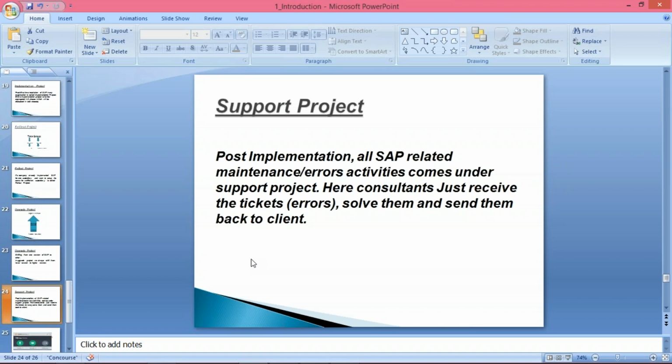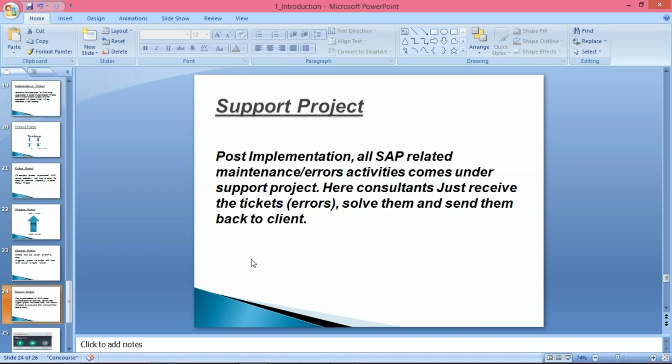These people are totally dedicated to Tata Motors itself. They'll be sitting at a central location, let's suppose in the Wipro office in Hyderabad, Mumbai, Bangalore, anywhere, and from there they are going to give the support. If Tata Motors has any issues or errors, their employees are going to take a screenshot of these things and send a mail to the respective consultant. Then they will have mutual coordination, and the consultant will look at these errors. Lots of things are there, guys. Once we start the practical sessions, there will be discussion and explanations about this.